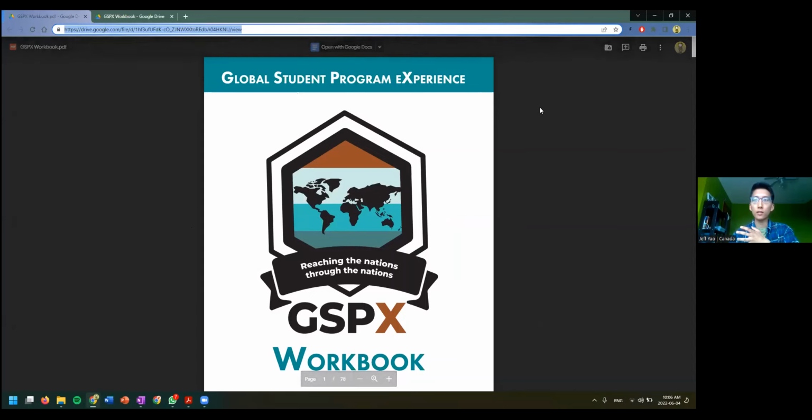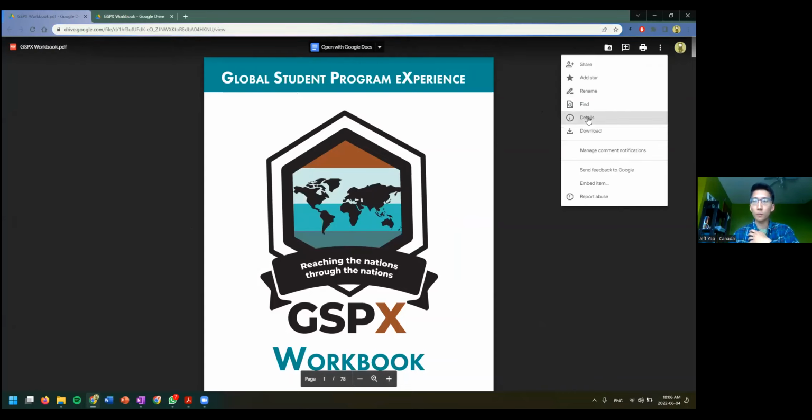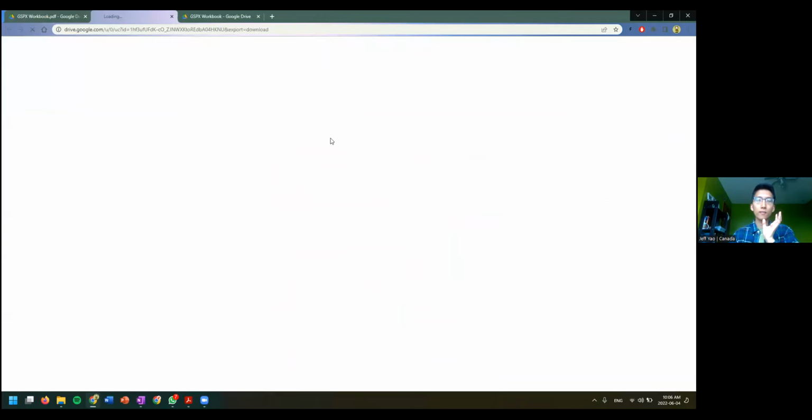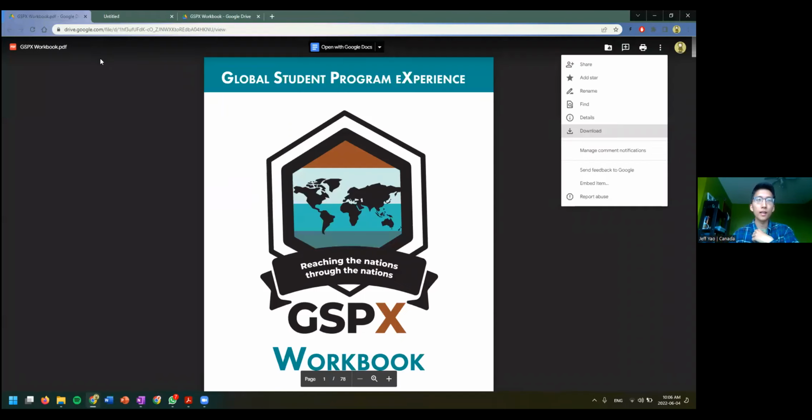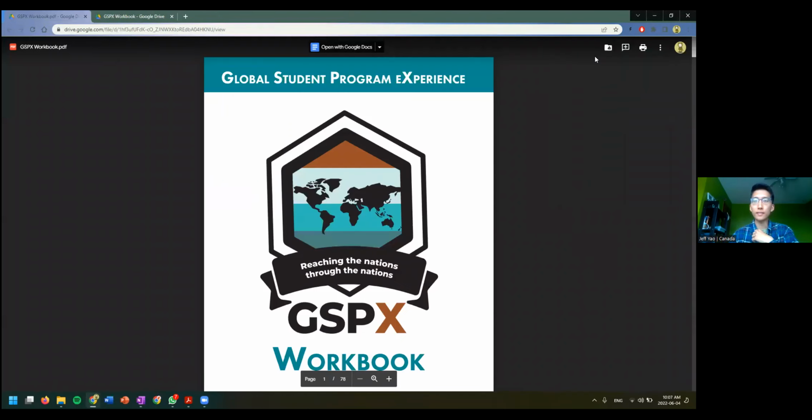So if you're working on a computer, what you want to do is click these three dots on the top right corner, and then there'll be a button that says download. You want to click on that, and it'll either save to somewhere like your downloads folder on your computer, or you can pick a place where you can save it. And then after you have saved that